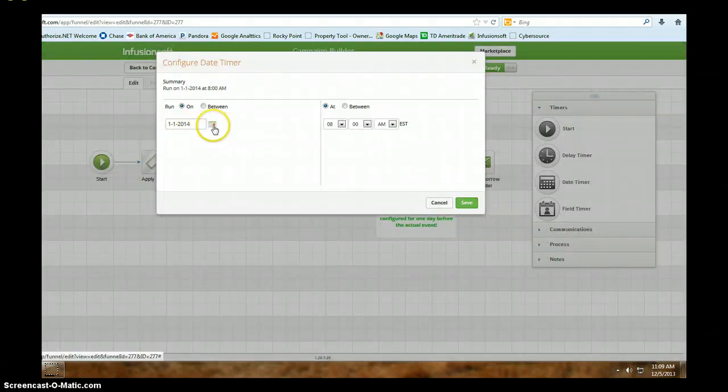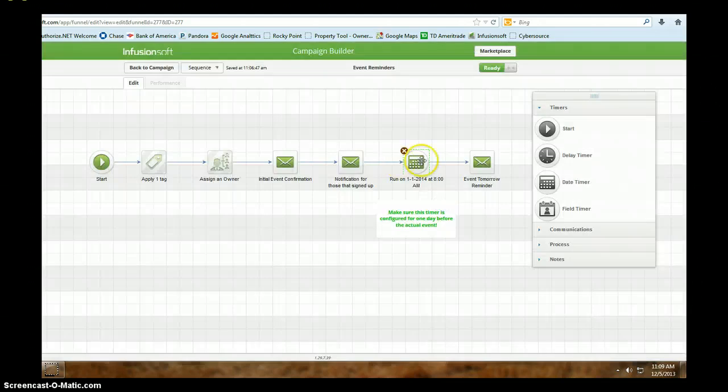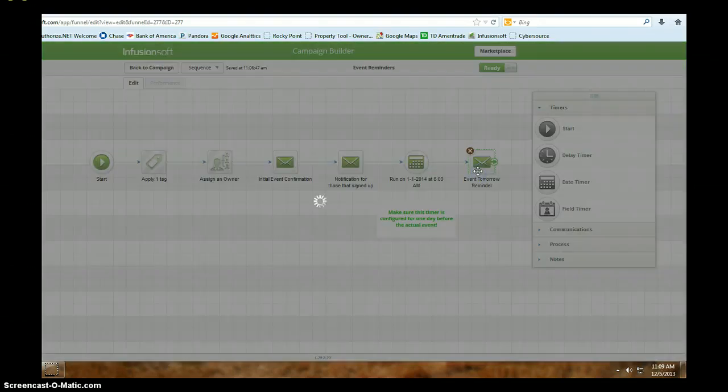You just enter the date, you choose it off of the calendar, and then you choose the time that you want the email to be sent. So in this case, I'm not going to make any changes. And then another email gets sent